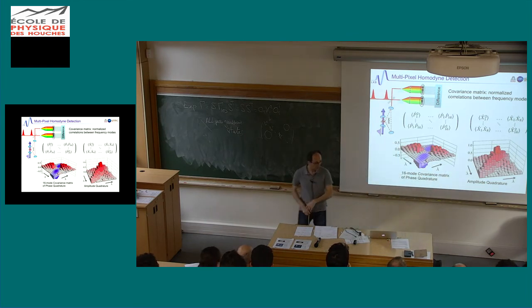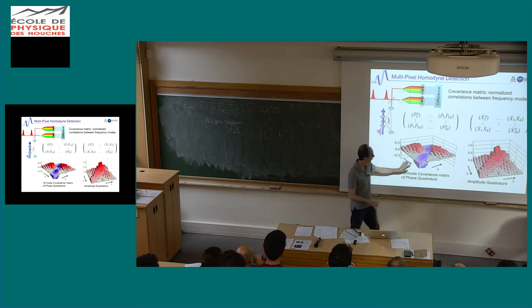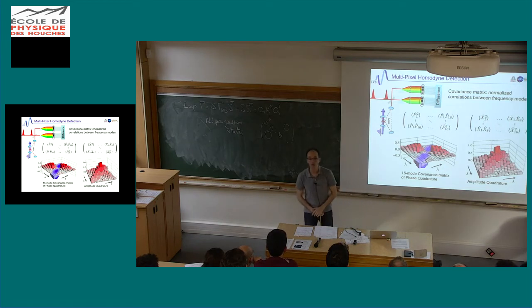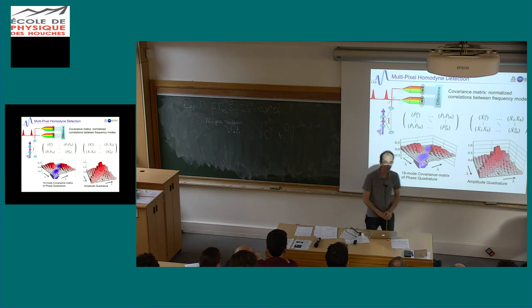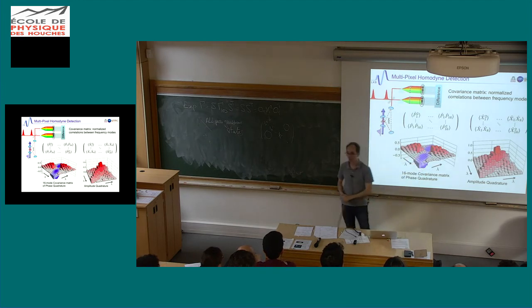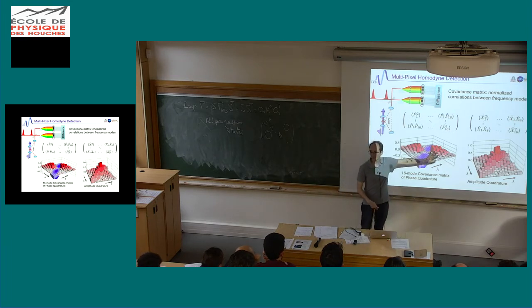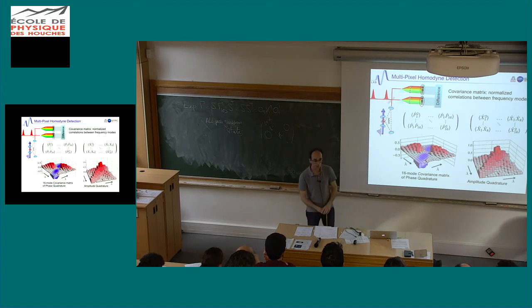So there's a lot of things you can do with that. I'll be happy to comment if you want some more, but first, this covariance matrix corresponds to an entangled state. And the question is, how do you check this is an entangled state? I told you this morning, it's a complicated issue. I didn't put the details here, but we collaborated with theoretician groups to derive multipartite entanglement criteria, and here you can show it's multipartite entanglement. If you want to know more, I'm happy to comment after the lecture, but it's a bit too much detail here.